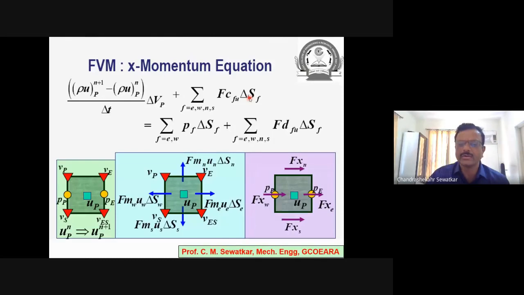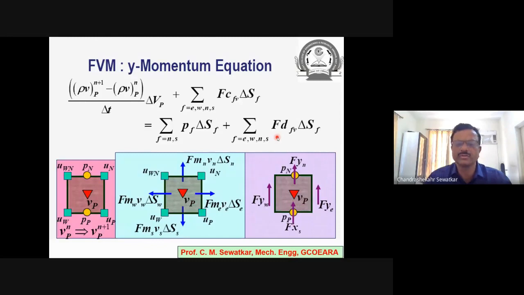On the other side, I have the pressure force, and similarly I have the total diffusion occurring across the faces. This I have not shown in the slide, but that can also be shown in a similar fashion, which we have seen earlier. This is the X momentum equation. In the same fashion, I can write down the Y momentum equation. I think I need not explain the Y momentum equation now. Again, unsteady term, convection term, pressure force term, and diffusion term. So these four terms form the entire momentum equation of the Navier-Stokes equations.